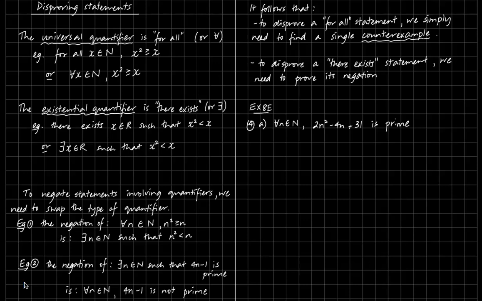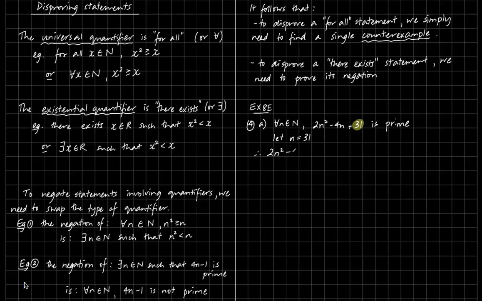Now, of course, you could start from n equals 1. I mean, the natural numbers are 1, 2, 3, 4, 5, so we could try 1 and 2 and 3 and 4 and 5. It might take us a while to get to a counterexample, but in fact there is one obvious counterexample if you think about that number, because obviously whatever we choose for n, the first two terms will have a factor of n, so it's really just the third term here that we need to ensure has a factor of the natural number, and 31 has a factor of 31. So as our counterexample, let's let n equal 31,